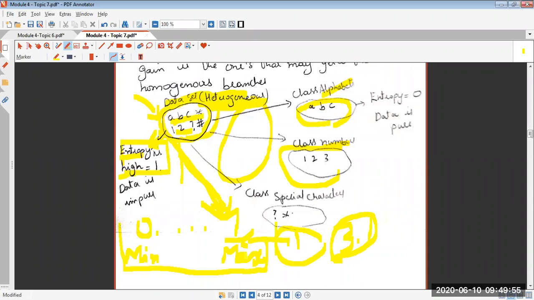So I want your confirmation regarding your understanding of entropy, because this is the starting point. As I already told you, we will progress step by step in an iterative fashion and try to conquer the complexity of constructing a decision tree using entropy and information gain. For which I need your confirmation. Please confirm whether you understood the discussions up to this point of time.